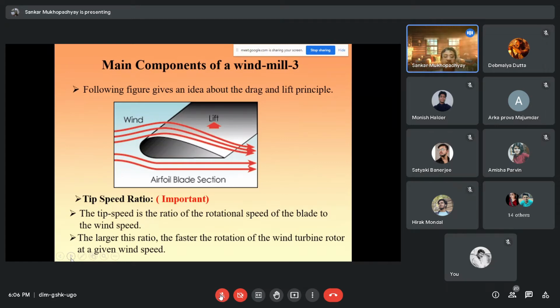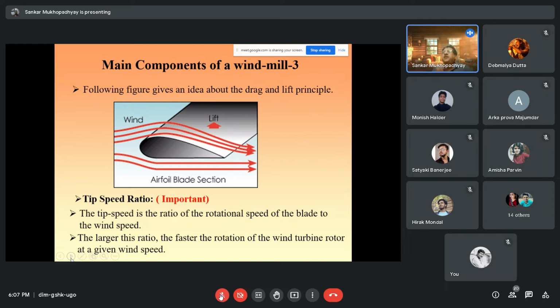Now the larger the ratio, the faster the rotation of the wind turbine rotor at a given wind speed. Therefore, what is my objective? My objective is to get the maximum rotational energy to my shaft so that the energy can be transmitted to my generator. So how can I collect more energy? Now, if I can have more speed of rotation,